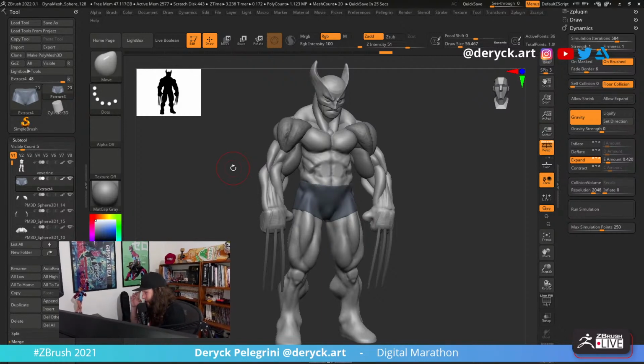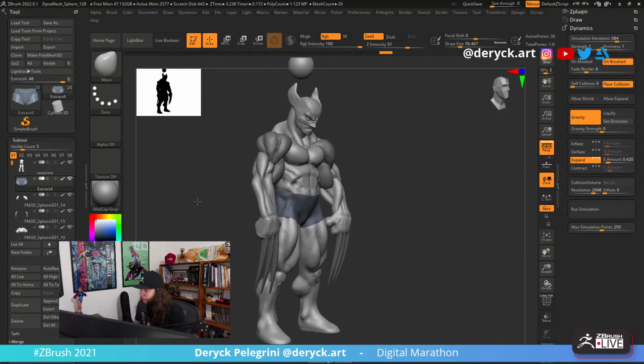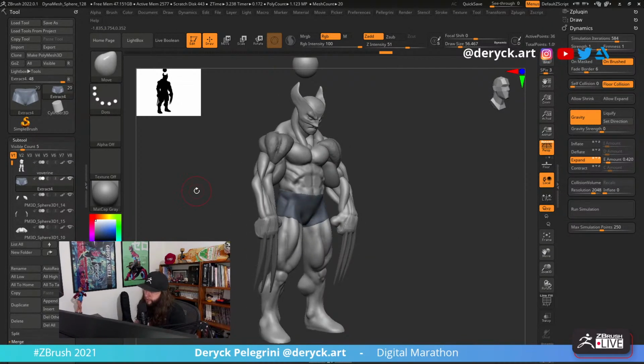Yeah, so as I always say, the most important part is the blockout, the first steps. And sometimes people rush too much, trying to create the muscles already, and trying to think about details, and they subdivide the mesh too much and stuff like that.